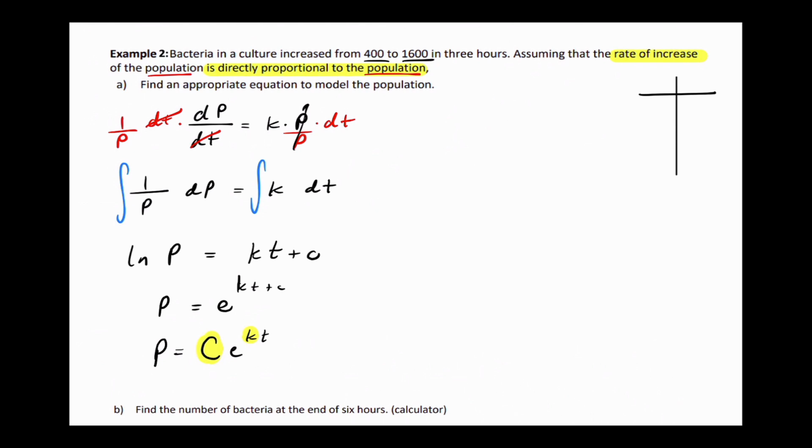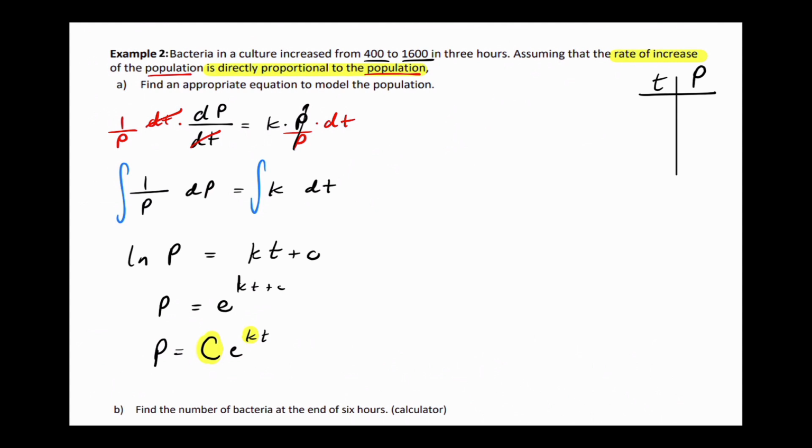So if I'm drawing an X and a Y table, what letter do I use for X? T, right? And what letter do I use for Y? Capital P. Okay. So what do I know? What do I know based on the data? What values do I know? What points? What do I know based on the